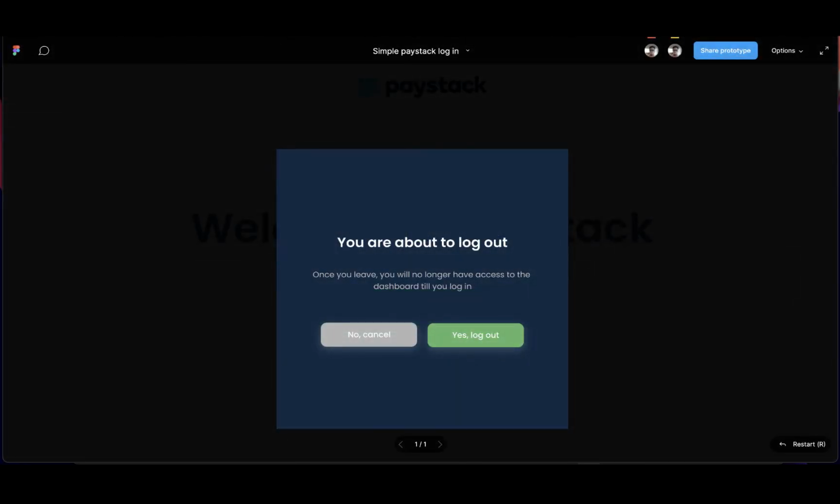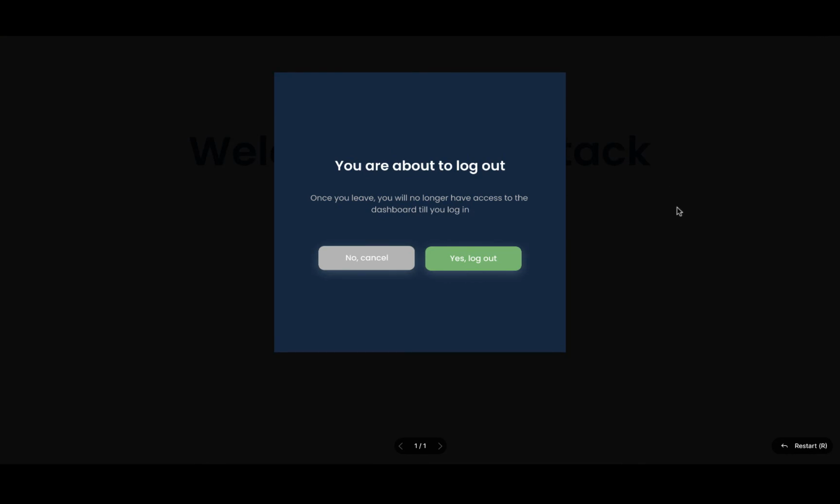Log out. So this is how to create a simple